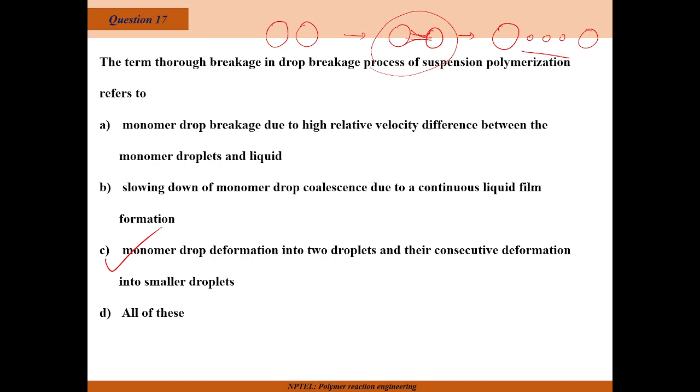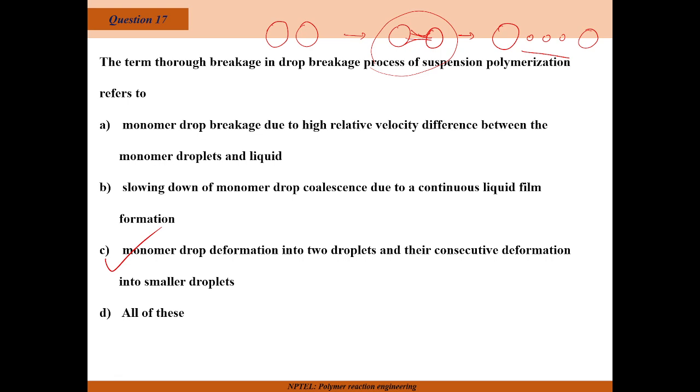Initially, some kind of deformation will happen to the drop. How is this deformation taking place, what factor is making it get deformed? I think it again comes back to kinetic energy and those things. I don't exactly remember the process, but here in suspension polymerization, we do some kind of agitation, and the monomer gets